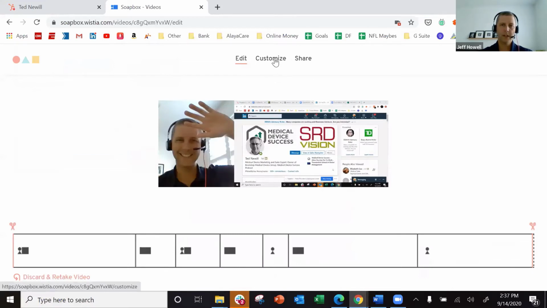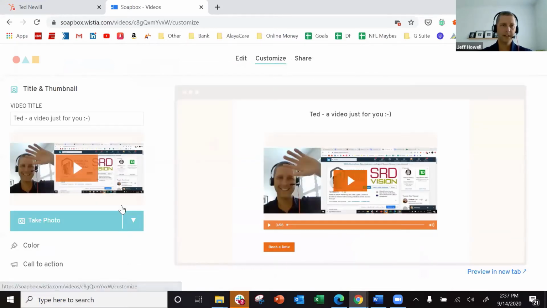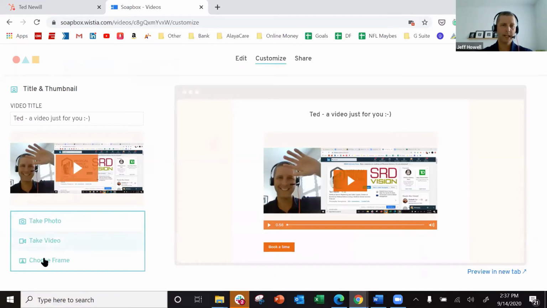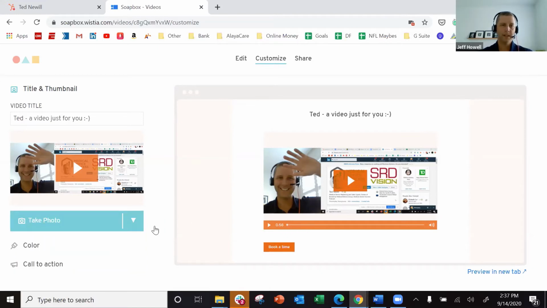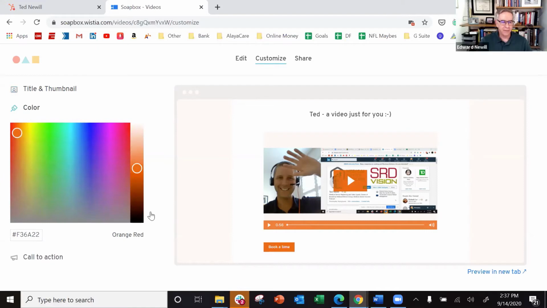And if I wanted to customize it, I can change my thumbnail by just taking a photo, or I can actually choose a frame. And then I can move this along and move it to a different frame. And I can also pick a different color. So I'm using AlayaCare's colors. You can customize any color you want. And then